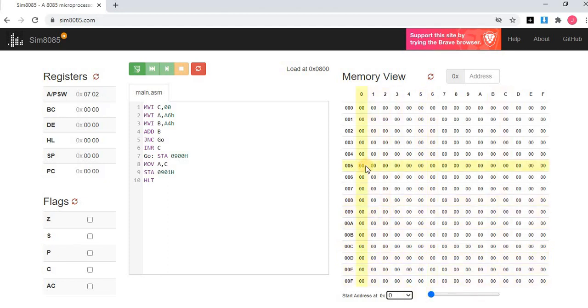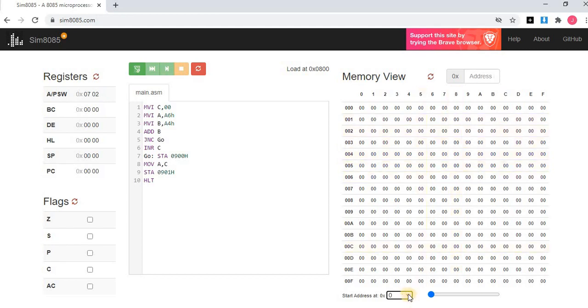Because we know that the 8085 microprocessor is an 8-bit microprocessor with a 16-bit address line. In the 16-bit, the memory locations run from 0000 to FFFFH. In this memory view, you can navigate wherever you want. For example, if I click this, this is the actual memory location for this particular point, 0048.